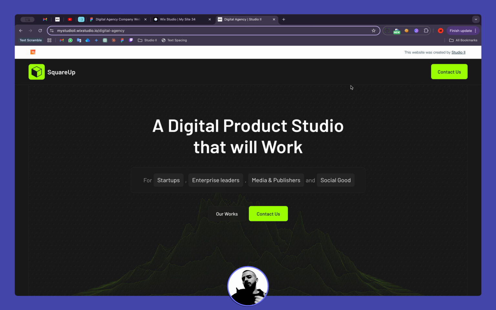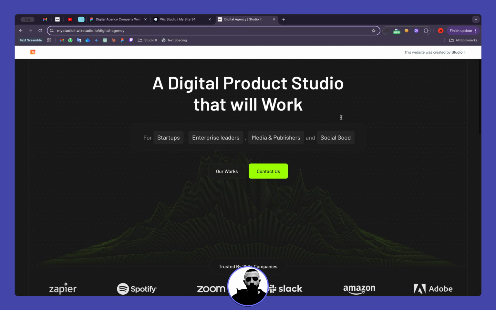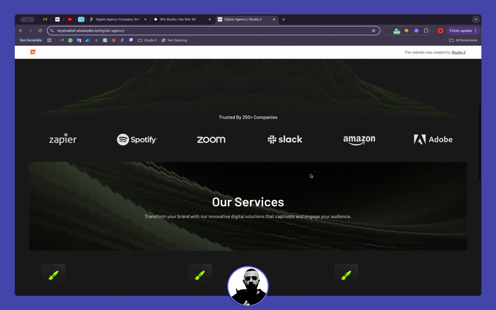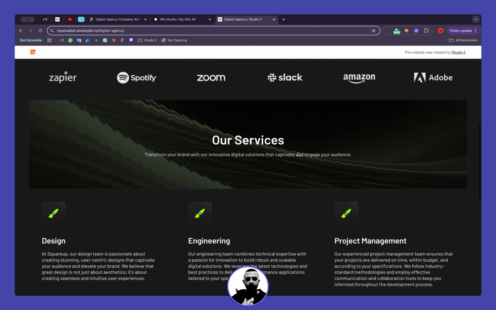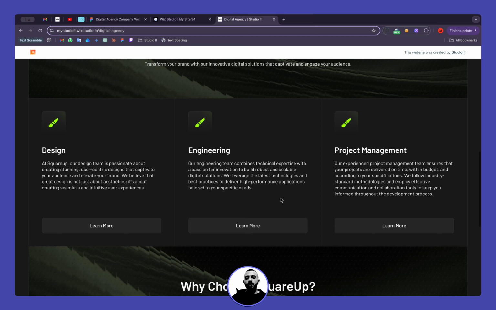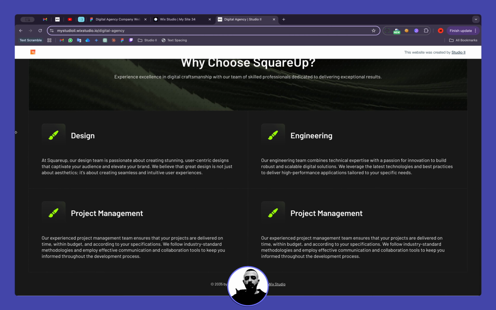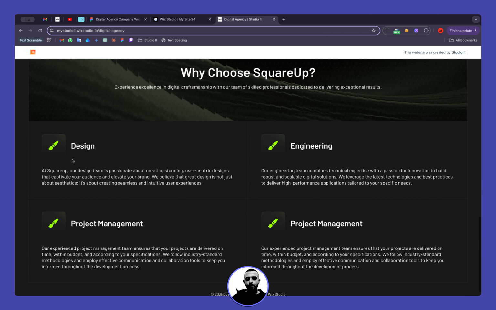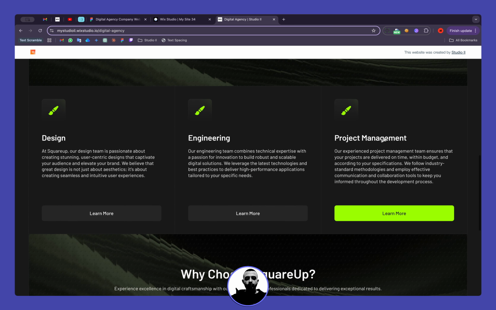All right. So we are building a full digital agency website from scratch, from Figma to Wix Studio. So far we built the menu, we built the hero section, we built the company section, we built this heading section, and these boxes, and also these boxes, which is kind of the same as this layout but a bit different. Also, everything is responsive,